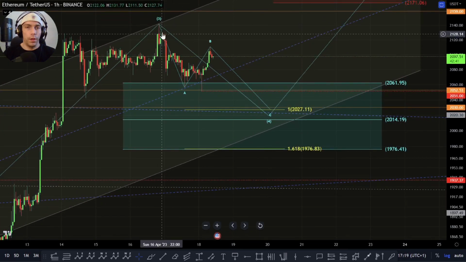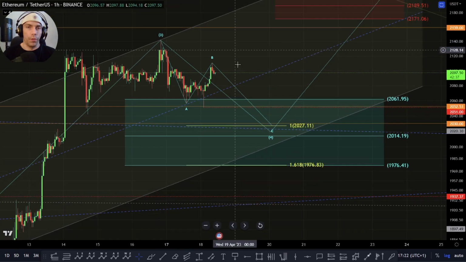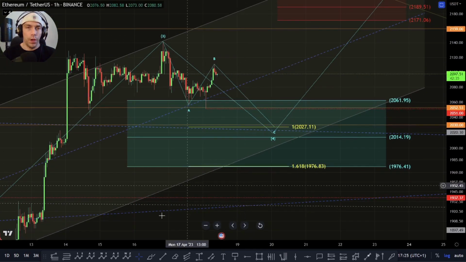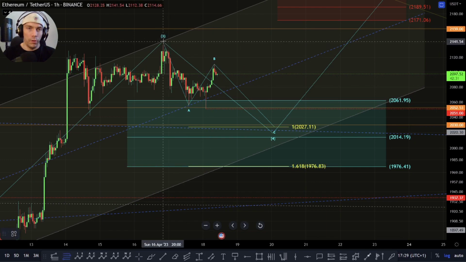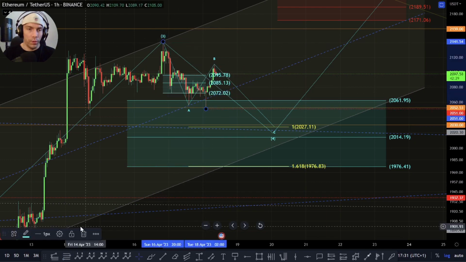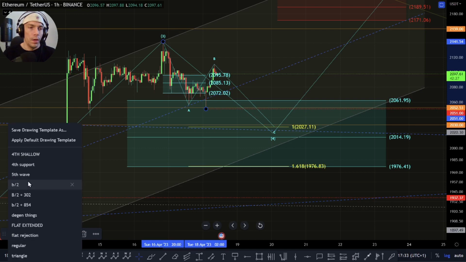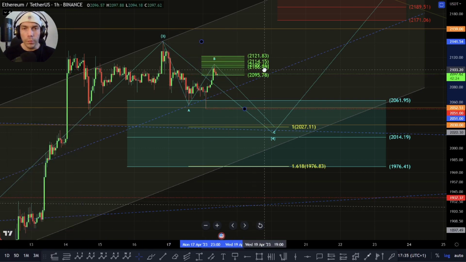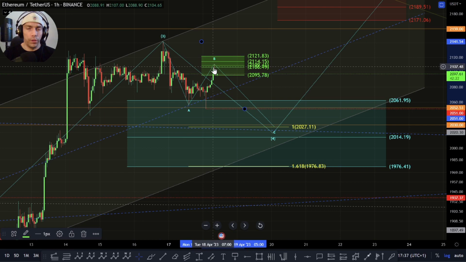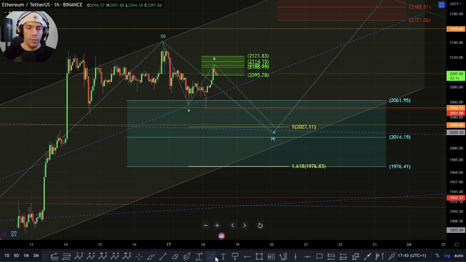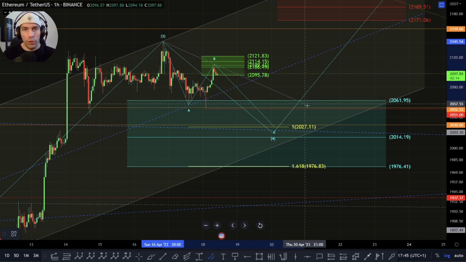Obviously, at the moment, it's just ranging sideways here. I want to see if we do start to get a breakout here. If we fail to get that breakout, fail to take this high point, and we get a rejection. So we're right within the zone here of a typical rejection area. If I just throw this on here, you can see we've actually come right up to the 618 area. So it's possible that this could look to progress down one more time and possibly even form within some kind of a channel here,